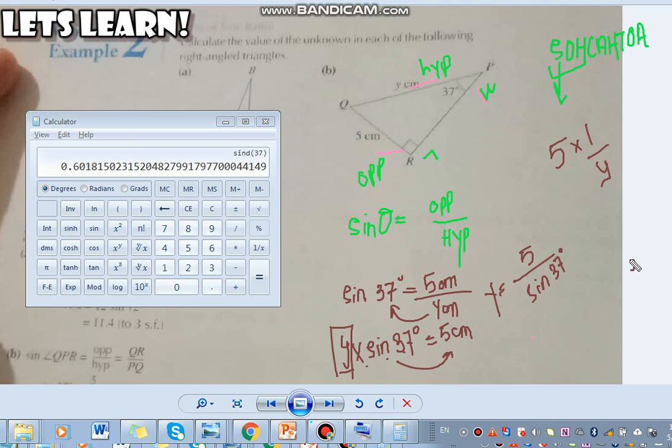So sine of 37 degrees is actually 0.6018. Here I have taken 4 figures. Otherwise actually you take the whole thing. But because I'm showing you on a laptop here, it is not possible for me to just take the whole thing and do it again. I'm just going to give you a rough idea.